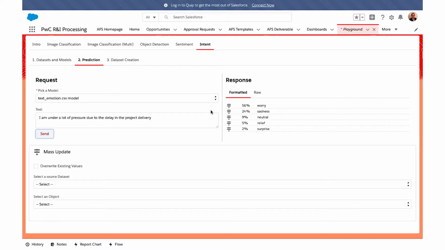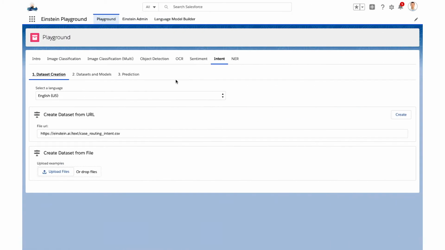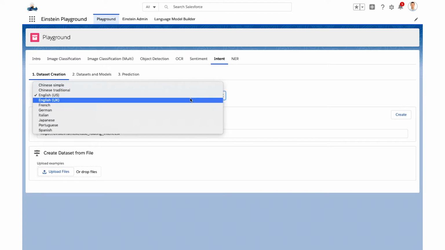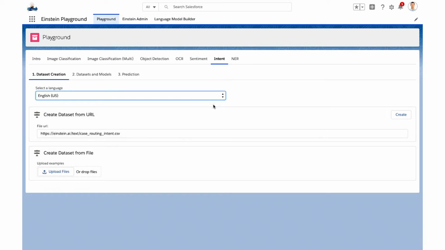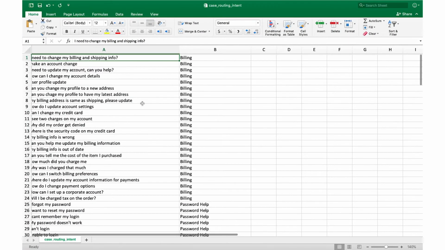And now, as a last step, I'm going to show you how you can train your own intent model in a few steps. Here is another version of our Einstein Vision and Language Model Builder. As you can see under the Intent tab, you can create a data set. And here you can see all the languages that are going to be supported coming in the Summer '20 release. And I can easily upload an Excel file or CSV file to create the training examples I need for training.